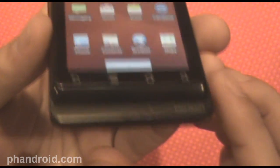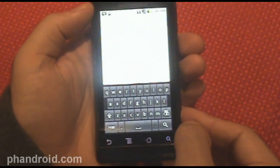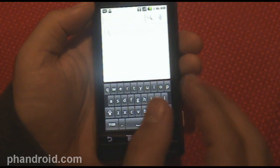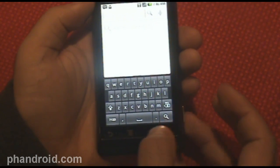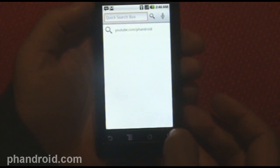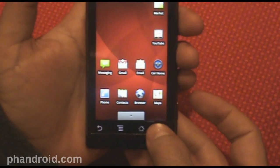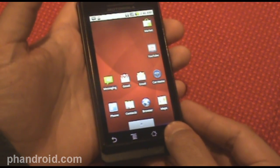One thing I do love is this search key here. So if you press it one time, you're going to get this universal search with the keyboard right here, and you can go ahead and search, and it will search contacts, or you can get it to search the web or whatever, which is pretty darn cool. But even cooler is if you, and you can see there's a case right there, I had to press it a few times. But if you press this search key and hold it down,